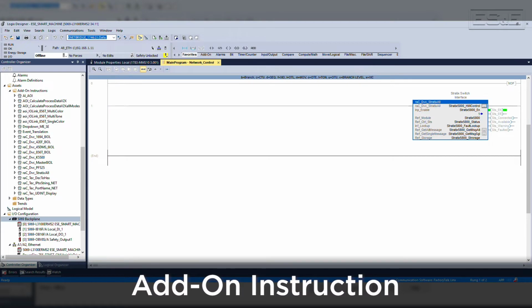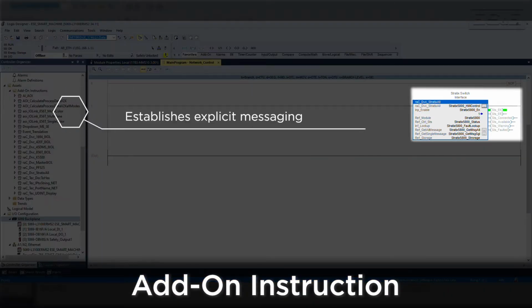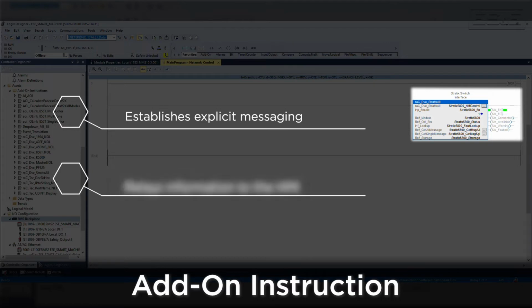Adding the AOI expands by bringing in all the information necessary to properly identify the switch issue and a graphical interface to easily see where the issue could be originating. The AOI establishes explicit messaging to the switch to ensure that it pulls not just the base level information provided by the AOP, but every bit of diagnostic information that can be provided, then seamlessly relays that information to the